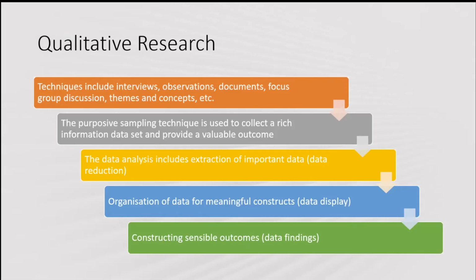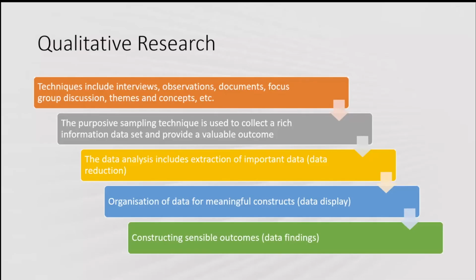Here you will need purposive sampling because you want to pick the right person to answer your question. And therefore it will be purposive sampling techniques you have to use, which would be useful. Sometimes random techniques are used, but I believe in qualitative, if you want to get rich data, purposive sampling is useful.